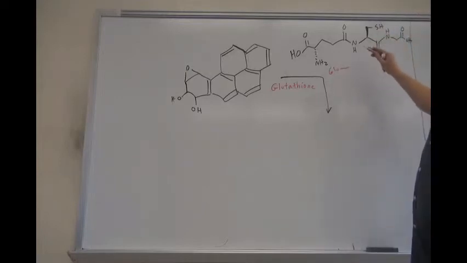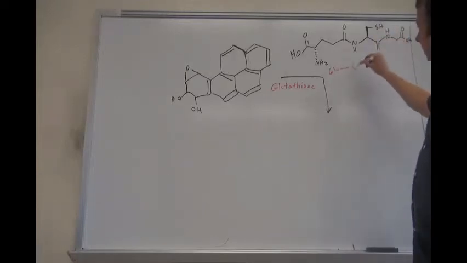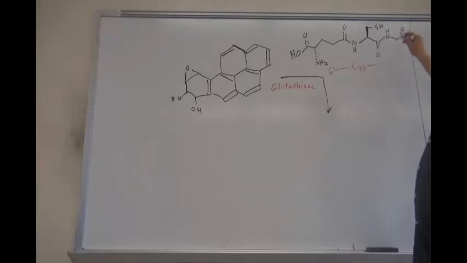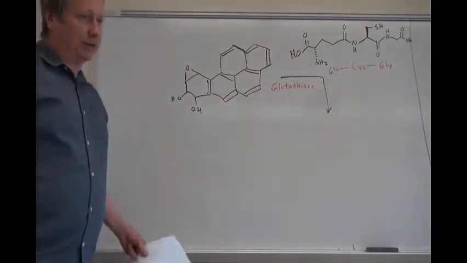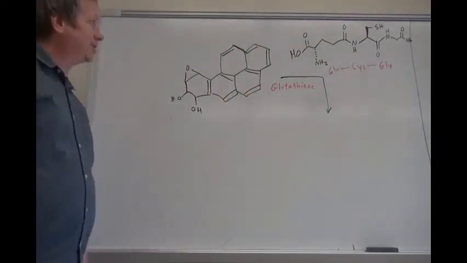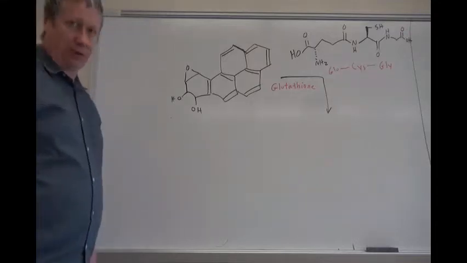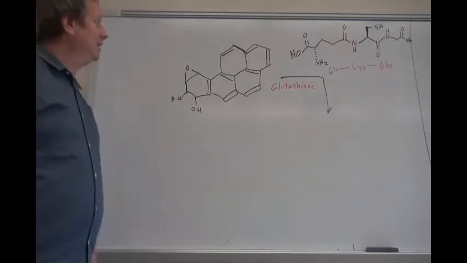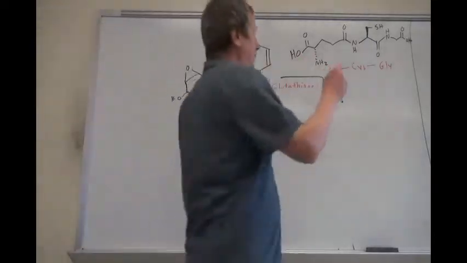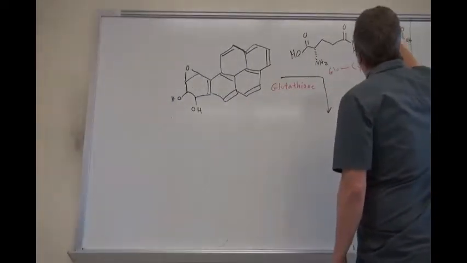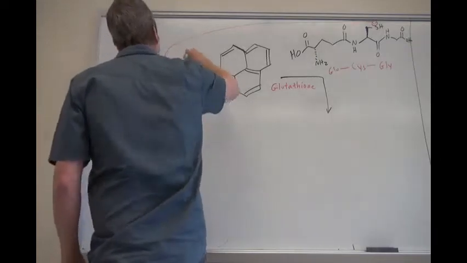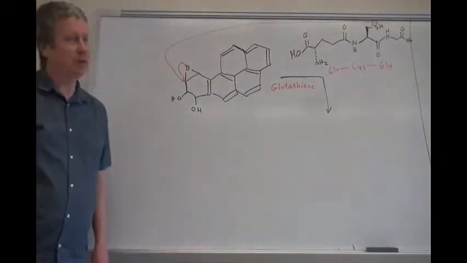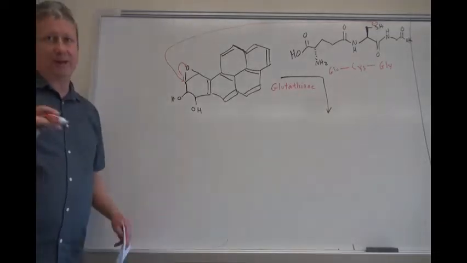What's the amino acid that has a sulfur in it? It's cysteine. And then this is a glycine. So you can Google that structure also, glutathione. And anyway, one of the things you should know about sulfur is that sulfur is nucleophilic. And so sulfur would actually attack this, instead of DNA, and that would be the hope, so that this gets destroyed and then excreted from your body.